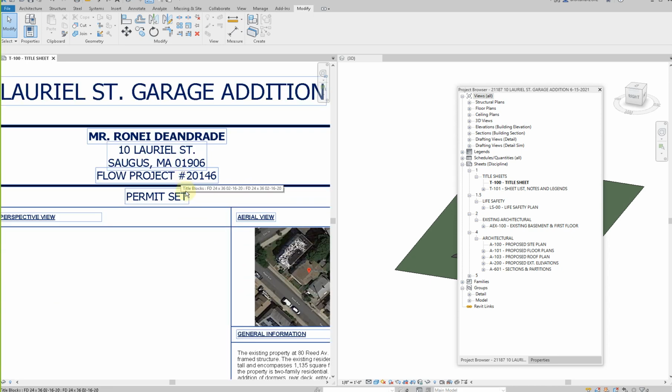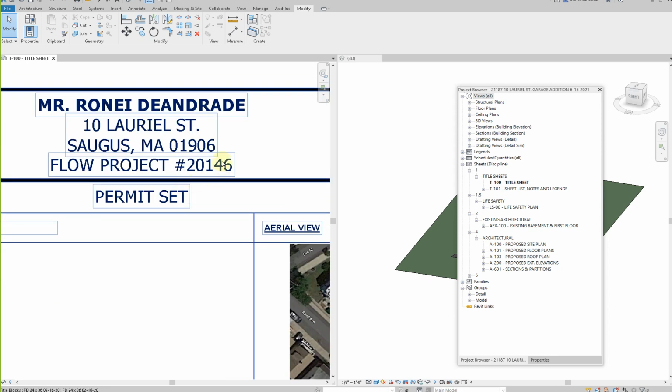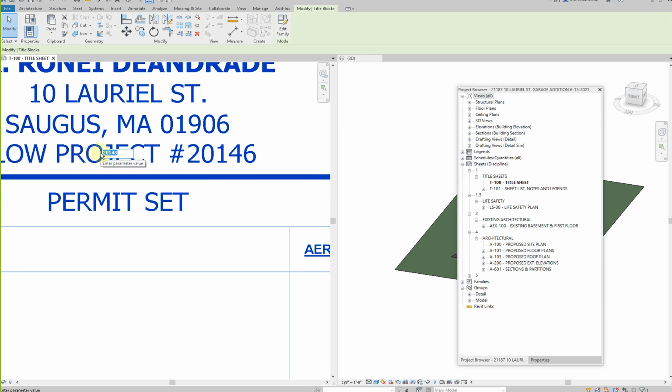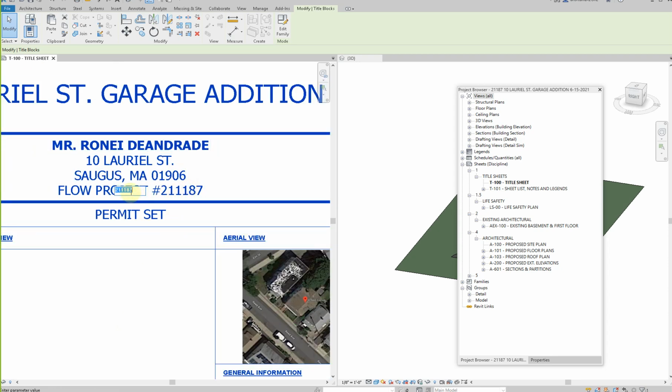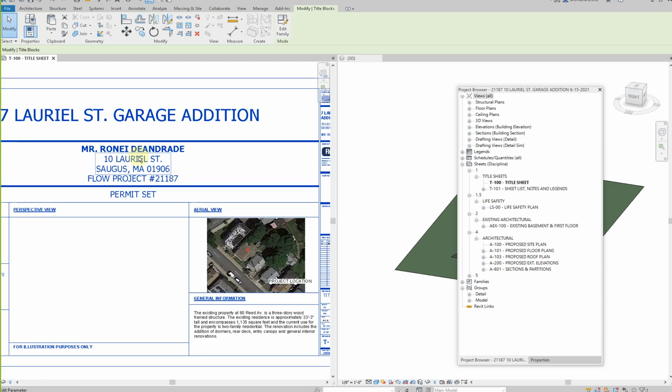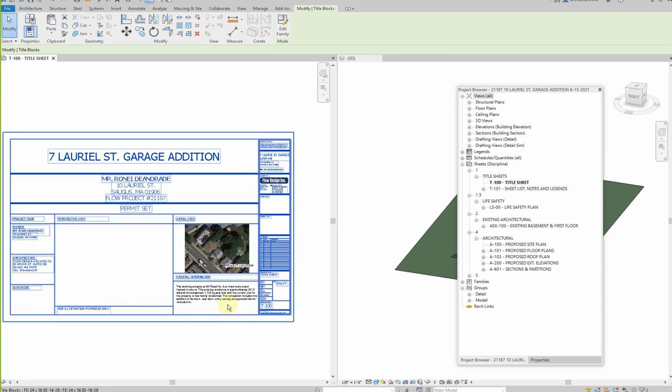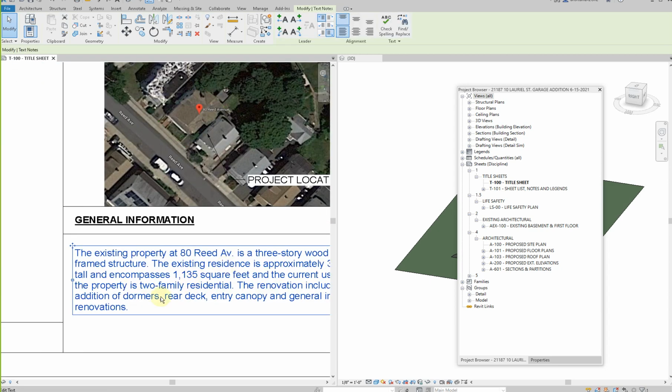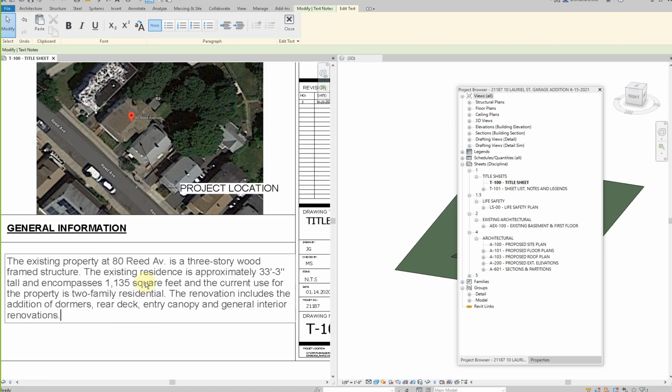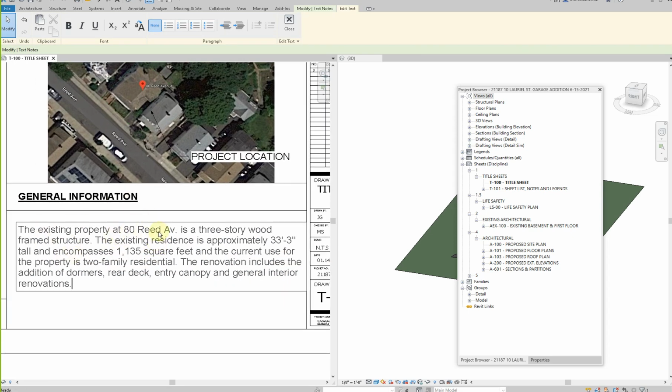No problem. Another thing I do, I make sure that this project number is updated because this is just a sample one. So it's 2111A7. Okay, so all right, that's done. What else do I do? Well, I will change this in here. I will follow the same idea. So the existing property address,